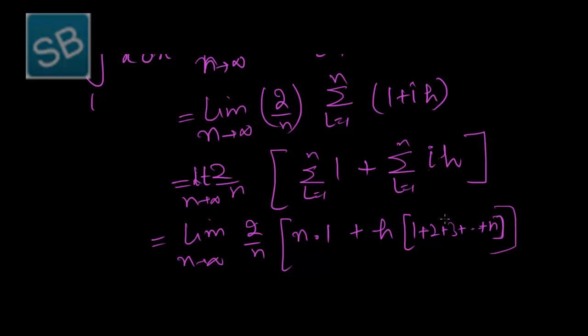As defined in the earlier topic, we know the sum of 1 plus 2 plus up to n is n into (n plus 1) by 2. Therefore,